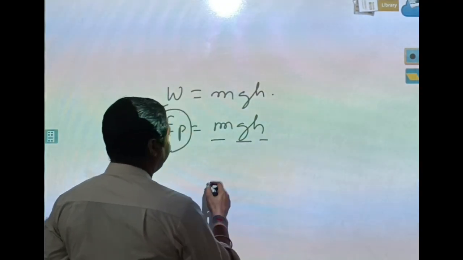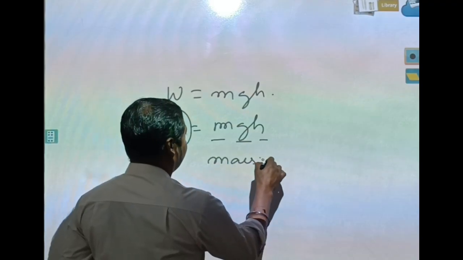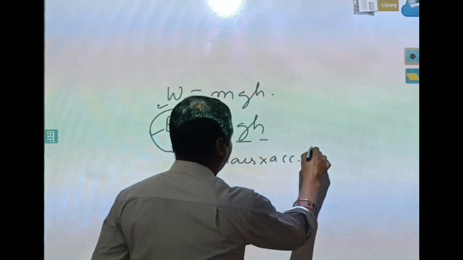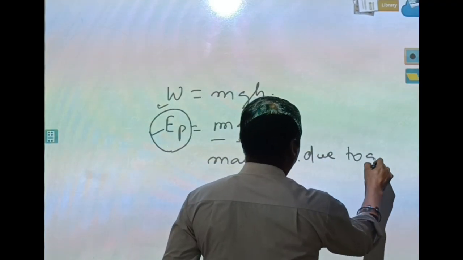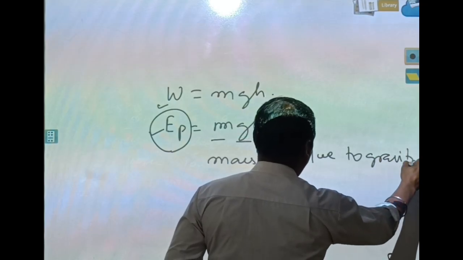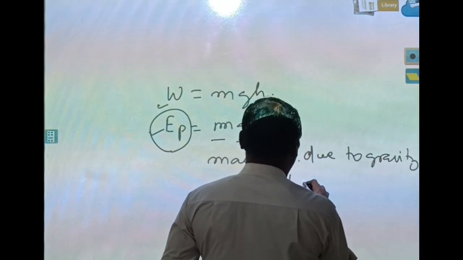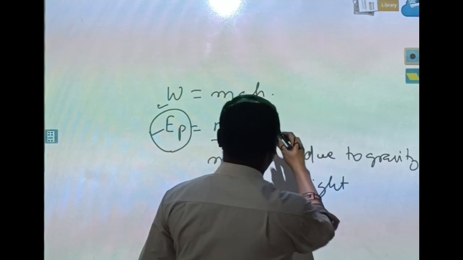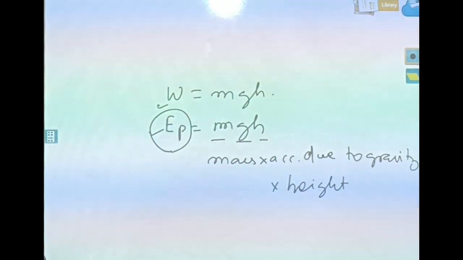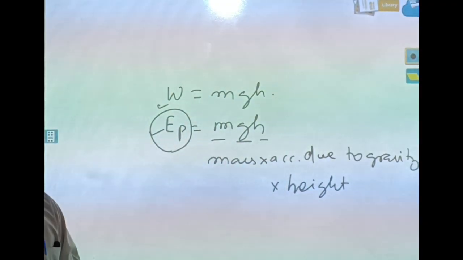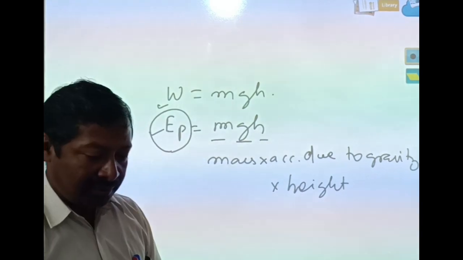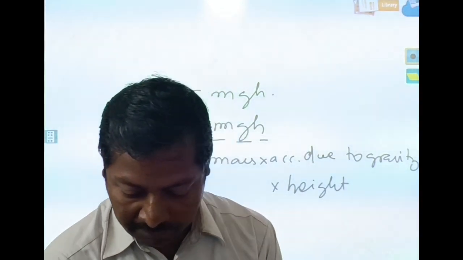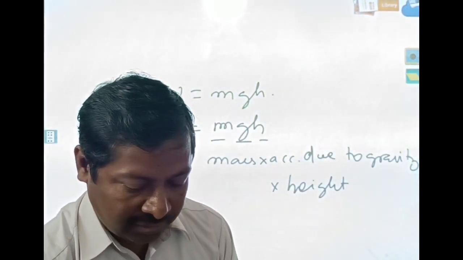Three factors: mass, acceleration due to gravity, and height from the ground. This height is the height from the ground level. Those three things, they are dependent. Okay, let's discuss